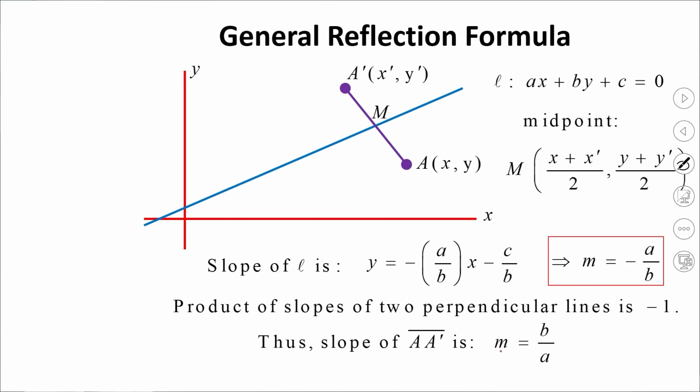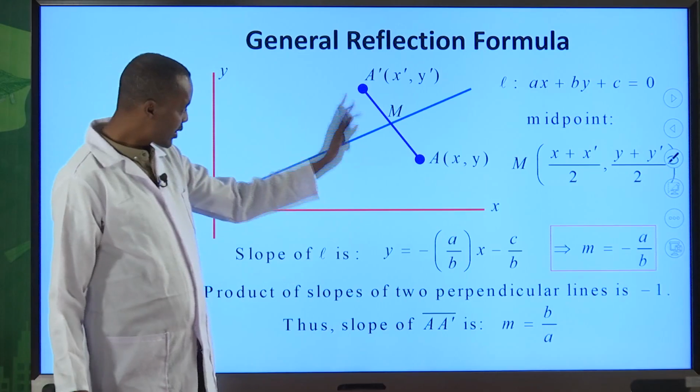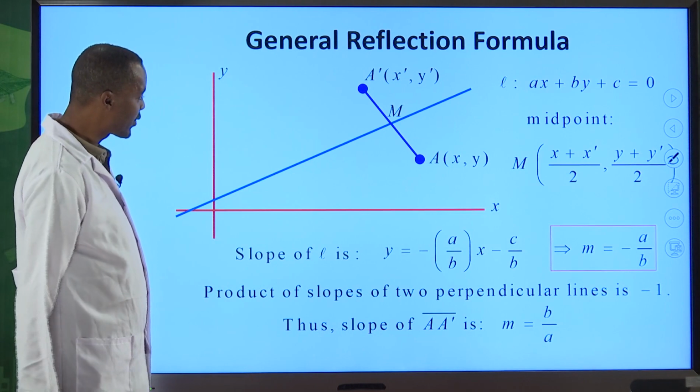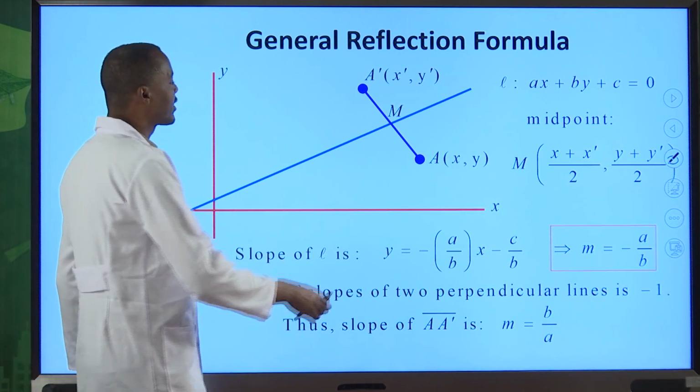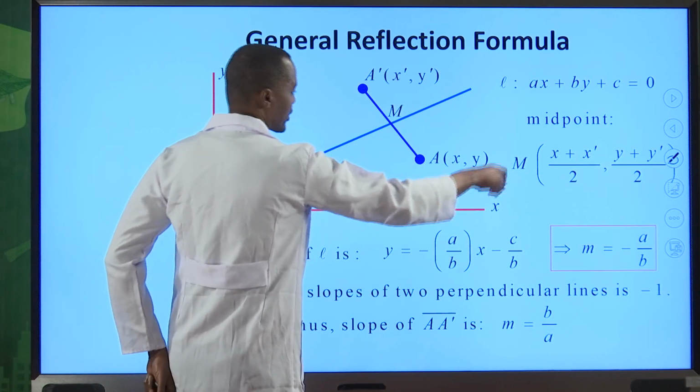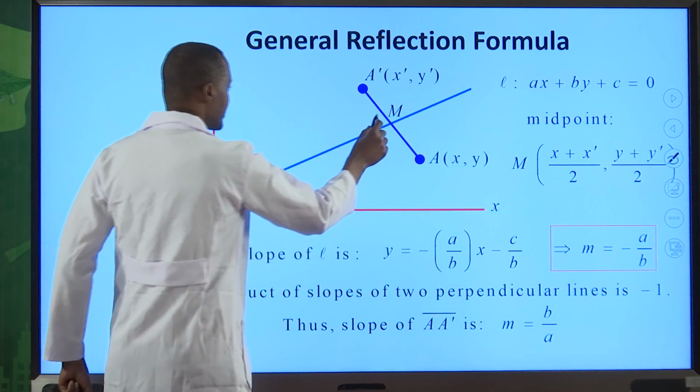This is a general reflection formula. Probably this would be the most important one. This one is very straightforward, and it is free from sine and cosine of angles. We can directly find the image of A of x comma y without having angles, and this is the midpoint,